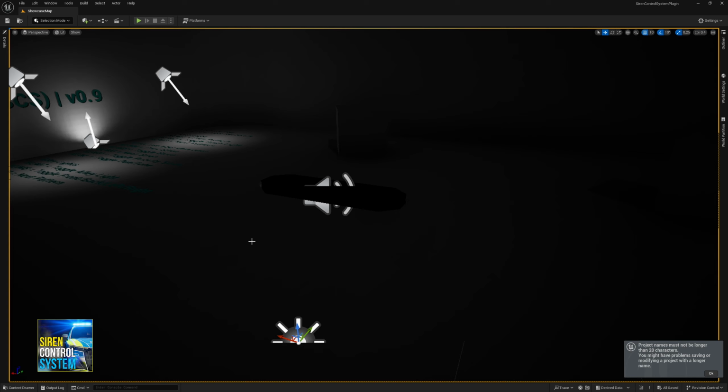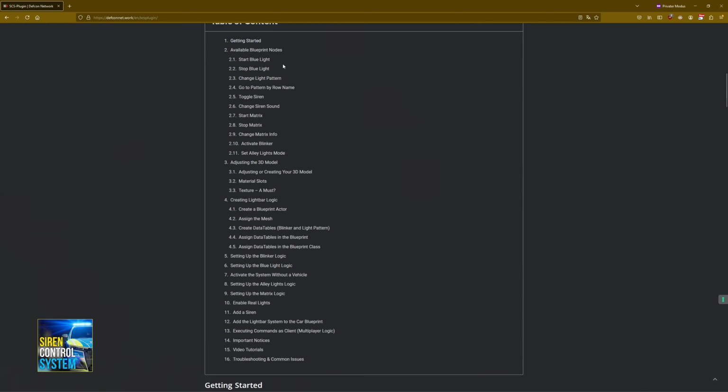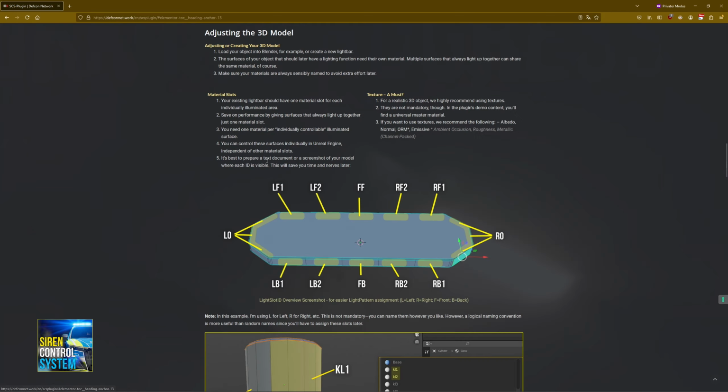Today I show you how you can add your own custom lightbar to this system, and I recommend you read the documentation, which you can find right here, or on the shop page there is a tab called English documentation and German documentation, and down here you can, for example, read about adjusting the 3D model. So I will create in the future a tutorial for even beginners on how to make your own custom, very simple or more complex